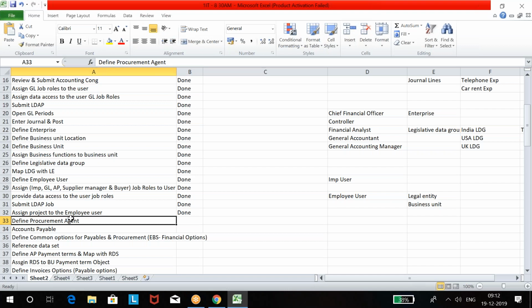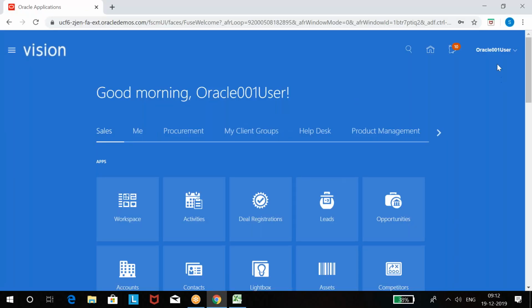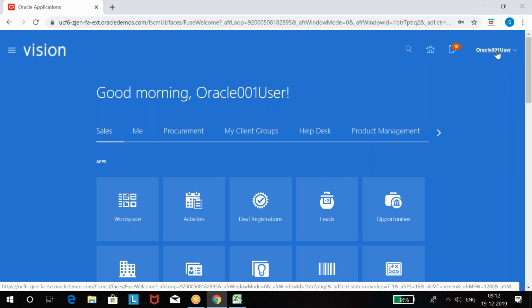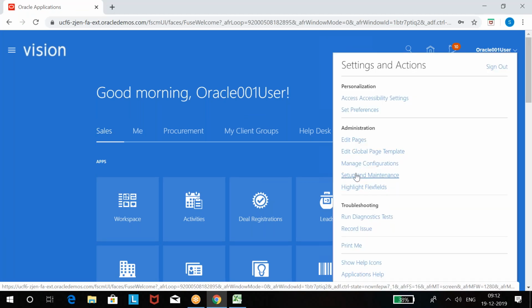Now we are going to make, if you remember, I discussed that if you want to create a supplier, you have to be a procurement agent. Without being a procurement agent, you can't create a supplier. So let's make this employee user a procurement agent. Click on this username, go to your project.